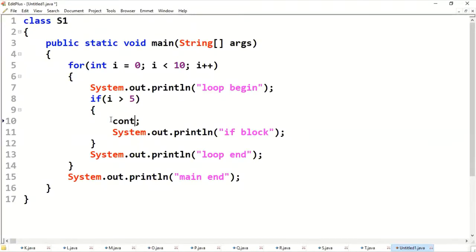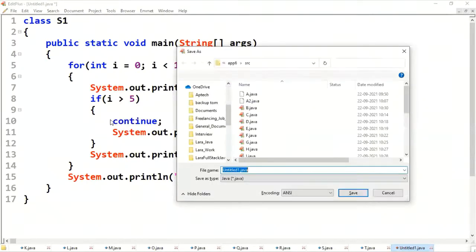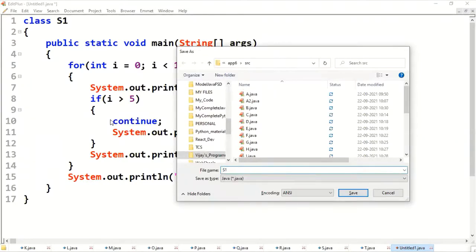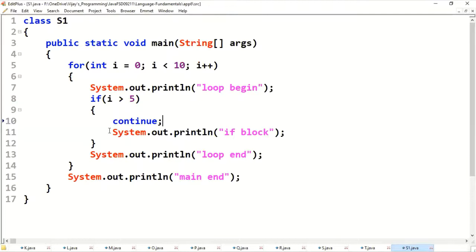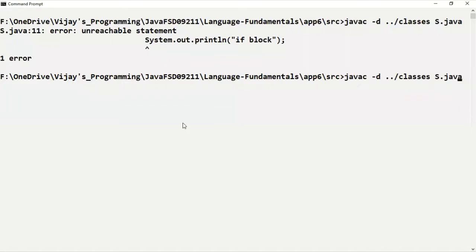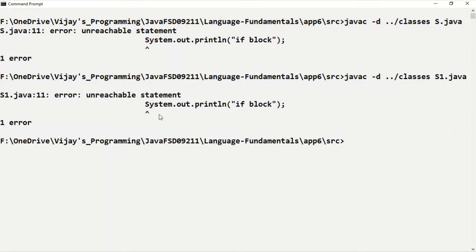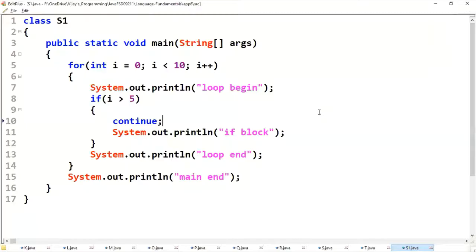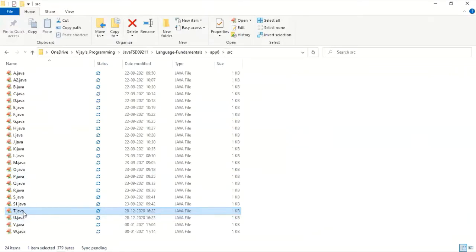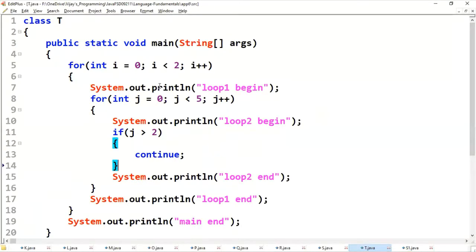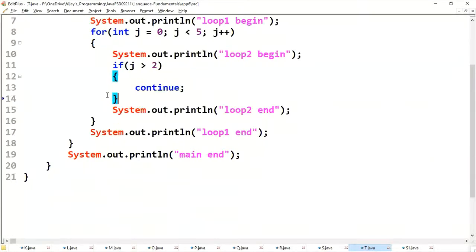If you are keeping continue, that must be at the end of the current block. Here also we get a syntax error. Continue must be at the end of the current block. For loop inside another for loop.